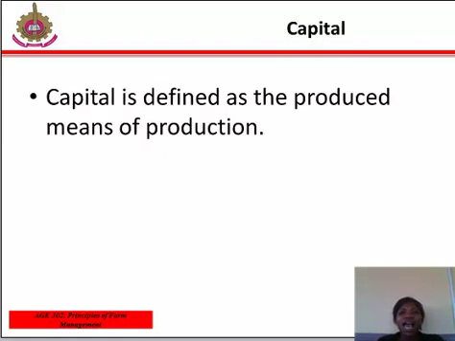Capital is defined as the produced means of production. In essence, capital represents resources that are not needed for their own sake, but they are needed for the production of other goods. Unlike land, capital is produced as a result of human effort. Examples of farm capital are